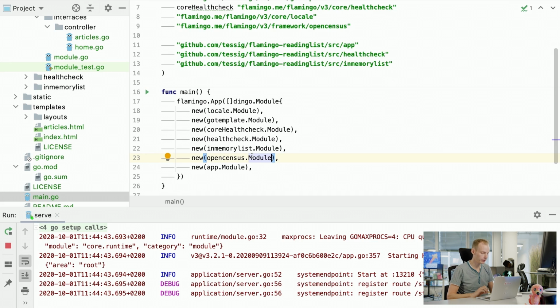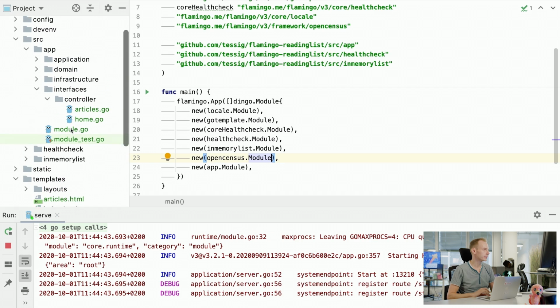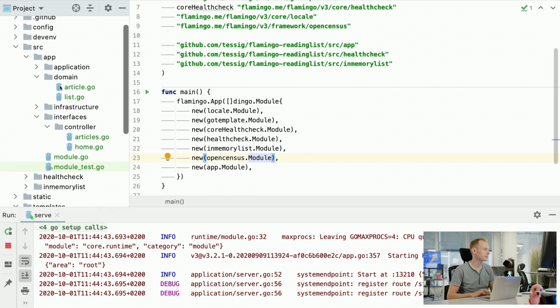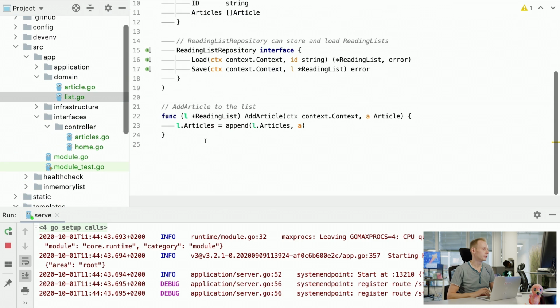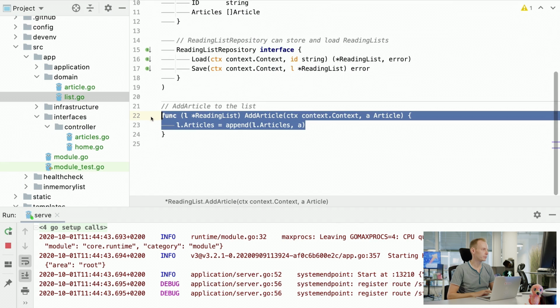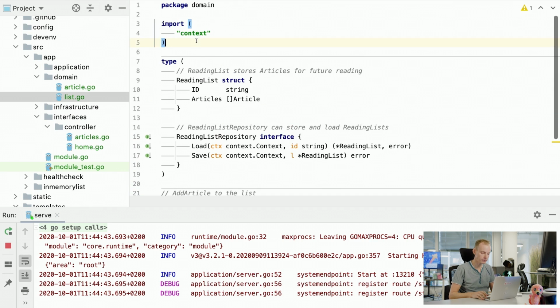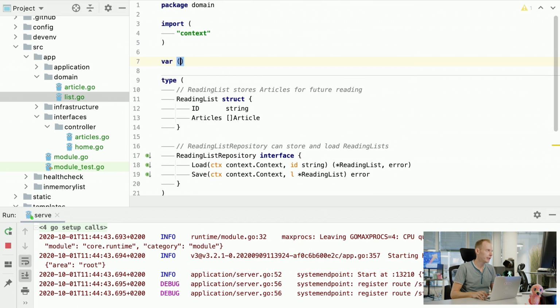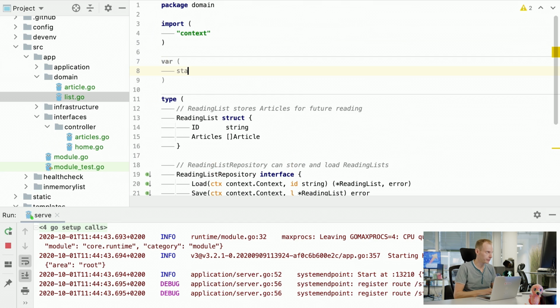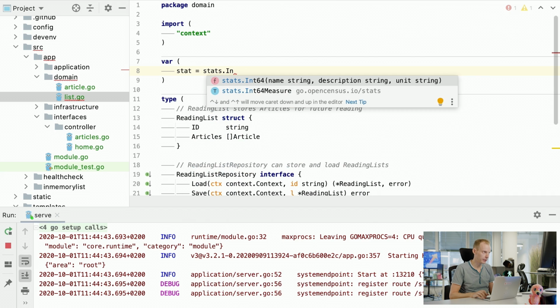So let's write a metric. Let's write a simple one for the start. We want to count the added articles of our article list. So go to the list where the add article is. When we add one, we want to count one up. At first, we have to define a variable which contains the value, of course. The name doesn't matter. Call it stat. And it has to be an integer,